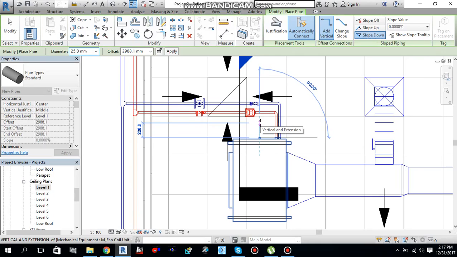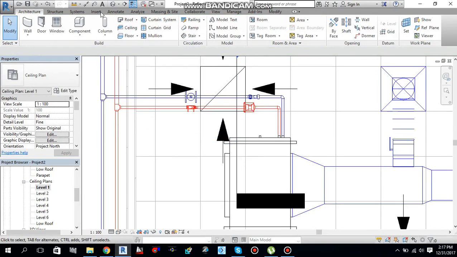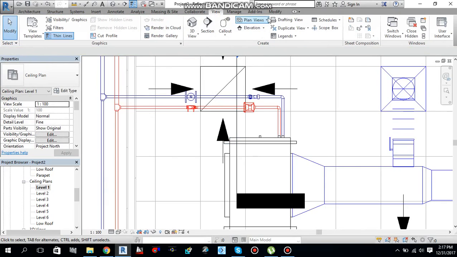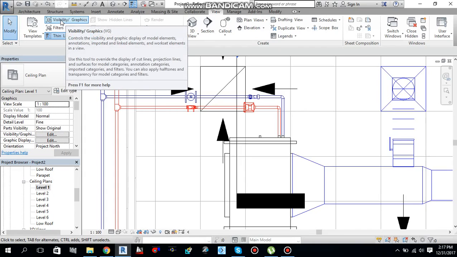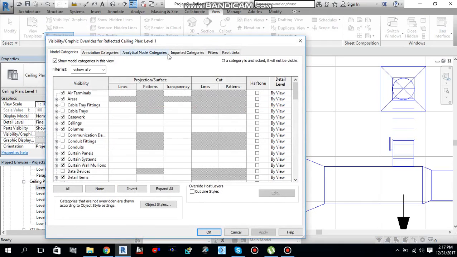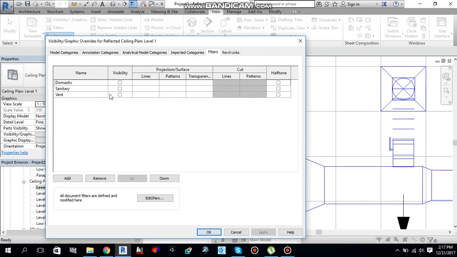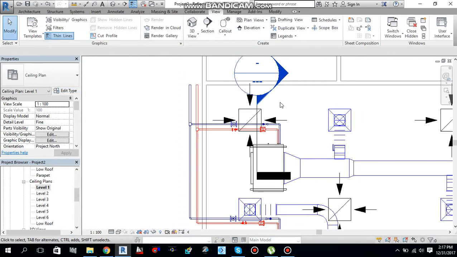So let me cancel this one first, and you have to go to the View tab. Under View you will find Visibility Graphics, or you can press VG on the keyboard as a shortcut. Then here you have to go to Filters, and this sanitary visibility you have to check, say Apply, okay. Now we can start creating